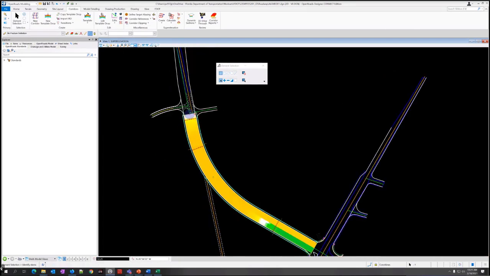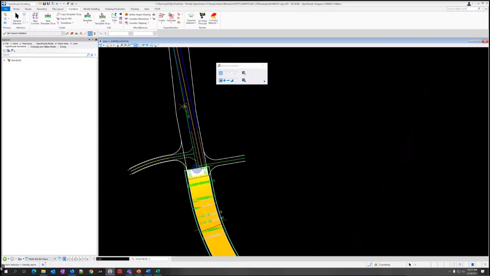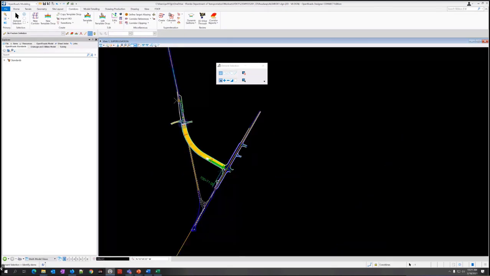But let's say maybe you're in initial stages, but you want to go ahead and calculate super elevation, but you haven't done a corridor here. And really, on this project, there's a transition section through here. So you probably would want to go ahead and extend this just to do the calculations to make sure they're all right. So let's extend it pretty far out, somewhere around station 717 or so.